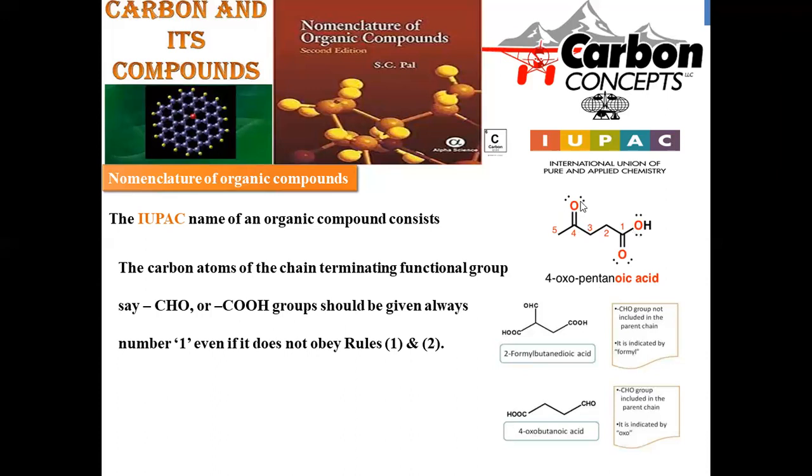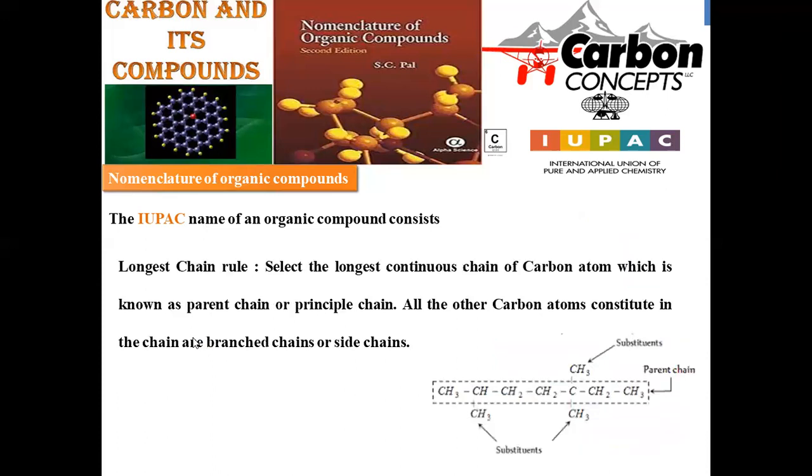Then what will be the prefix? This ketonic group is located at the 4th carbon, so 4-oxo should be indicated because the ketonic group lies on the 4th carbon. So 4-oxopentanoic acid is the entire name of this compound. Whenever the compound is provided with a carboxylic acid or aldehyde, obviously numbering will start from that end only. So this is in accordance with IUPAC.